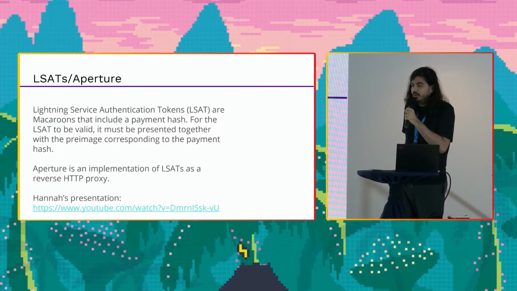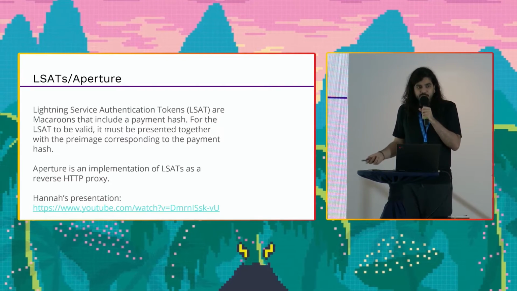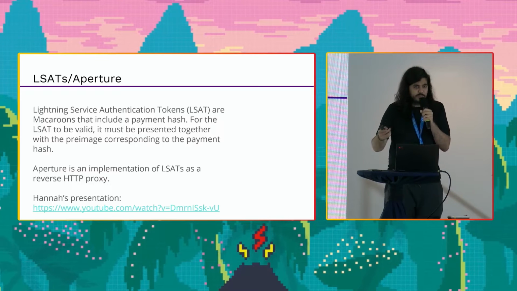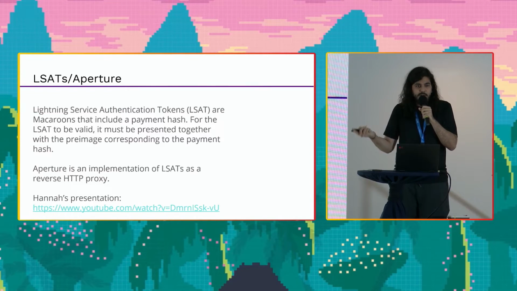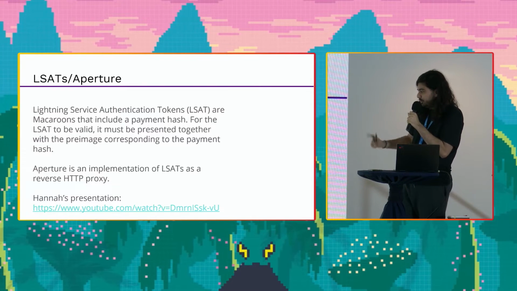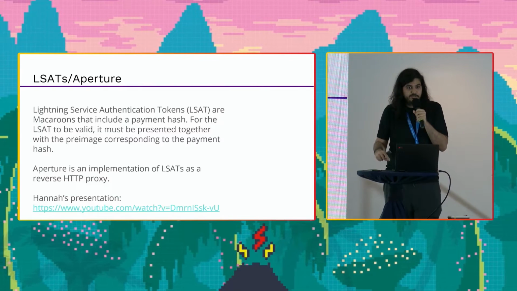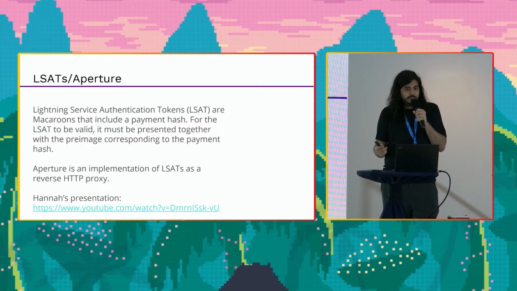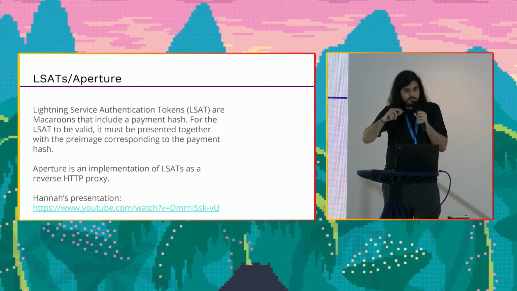You can communicate with APIs and prove that you paid for access for that API or for that content before. So Aperture is an implementation of LSATs, and it's used like a reverse proxy, so you can communicate with